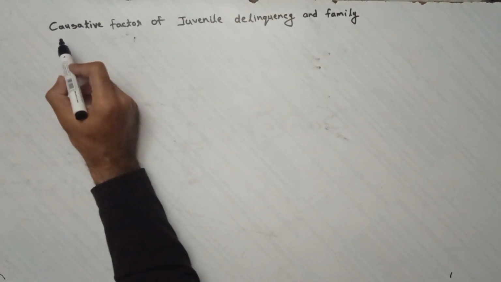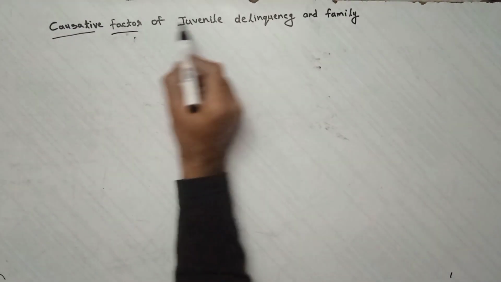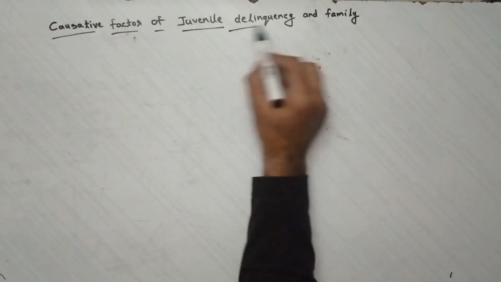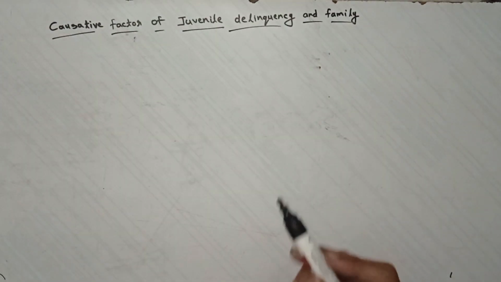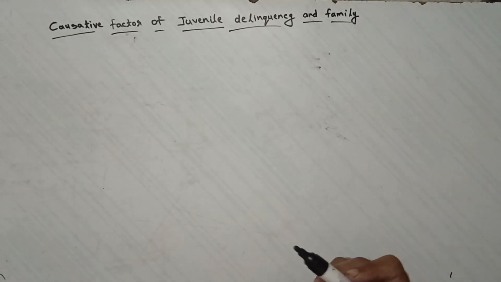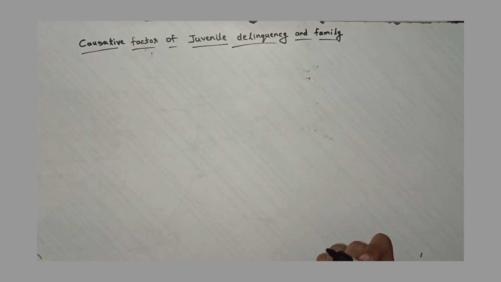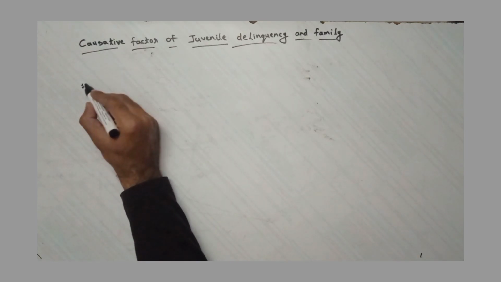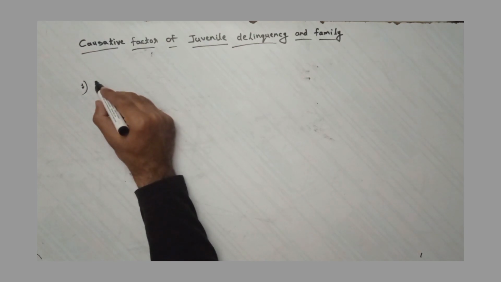Today's topic is causative factors of juvenile delinquency and family. What are the basic factors for which the family is responsible? We can say that one of them is a factor of juvenile delinquency. The first factor is family